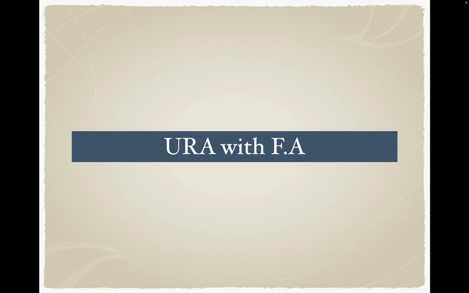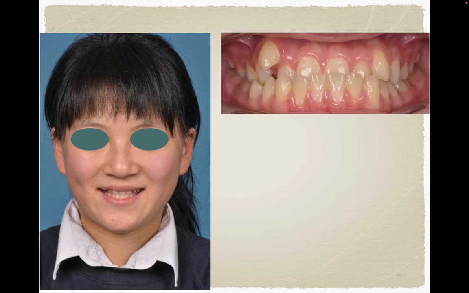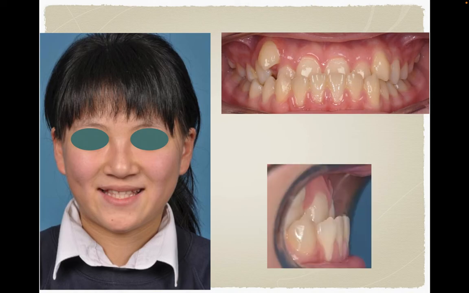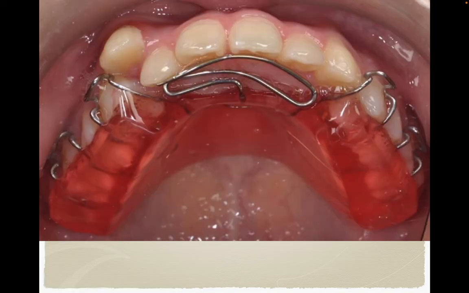Now, as we are talking about the camouflage and the management, you just need to know that sometimes we use removable and fixed appliances in the treatment of a class 3 patient. So for example, here when you see this patient, she has a crossbite, she has a slightly deep overbite. Any braces I'm going to place here are going to fracture. If I place a glass ionomer, it could fracture or deepen the bite. So one of the best options is to use simply a removable appliance, that has a double cantilever in the front and 4 Adams, 2 on the right and 2 on the left, that will retain the